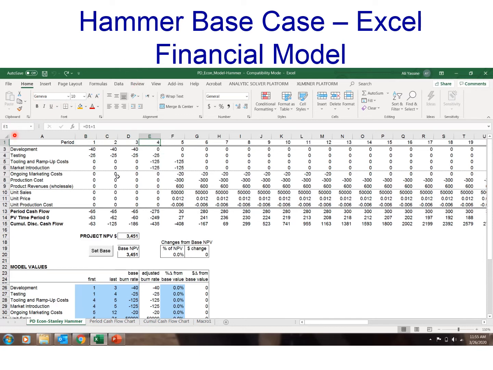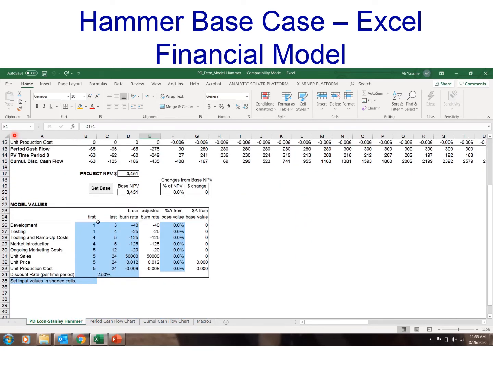But anyway, this Excel sheet is built such that you don't need to do anything on this part of the Excel sheet. It just displays whatever input you have, and the input is actually displayed right here. For instance, the development cost: the first time you start incurring the development cost is at quarter 1, and it ends in quarter 3 inclusive, obviously. If you recall, the development cost in the previous slide was estimated to be $120,000 for a 9 months period. The 9 months period means 3 quarters, and that's why I start in quarter 1 and end